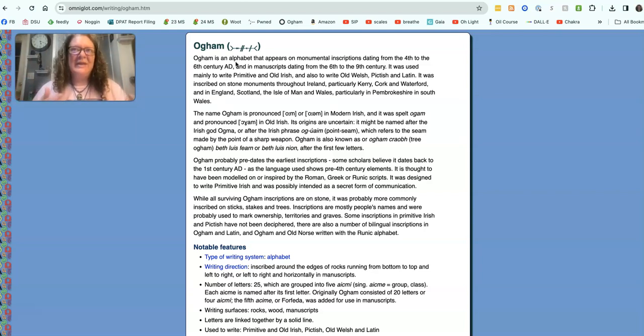I do know that depending on what you read, it was used during the 4th to the 7th or 4th to the 8th or the 3rd to the 9th. In there, that's when it was used. And the evidence that we have now, it exists in Ireland. There are other places where it exists in other countries, in Great Britain, other places, but the surviving artifacts are all stone. It is likely, like the Elder Futhark, that it was written on wood as well, but none of those artifacts survive to today.